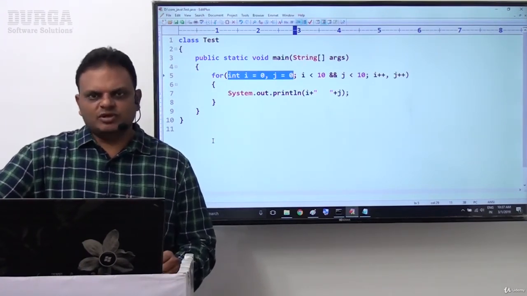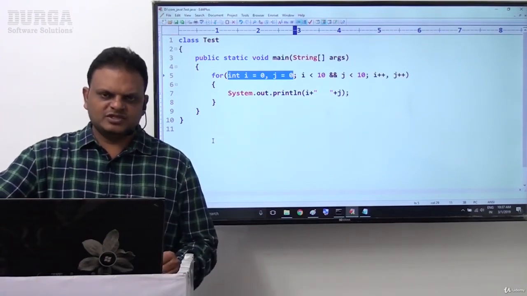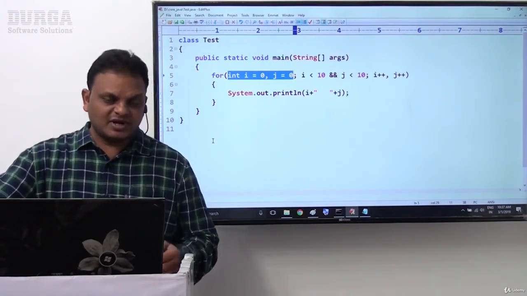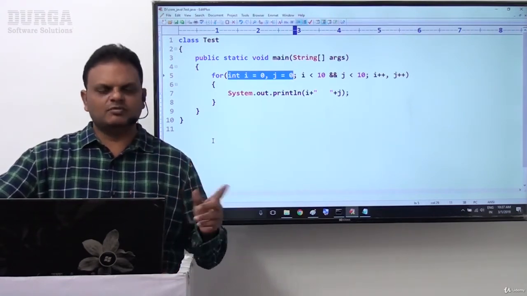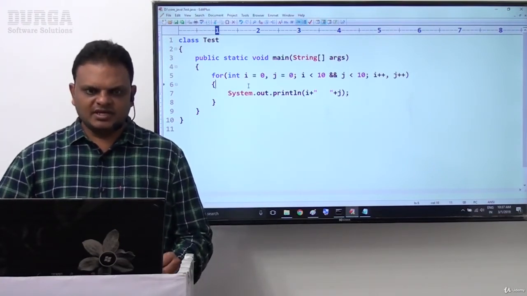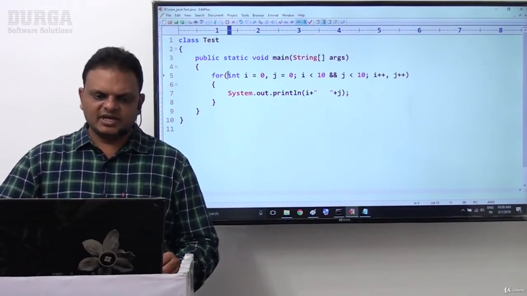In Java it is possible. We can declare more than one variable within a single declarative statement. Overall the declarative statements will be only one, but any number of variables we can declare. So because of that, int i = 0, j = 0 is a single declarative statement.